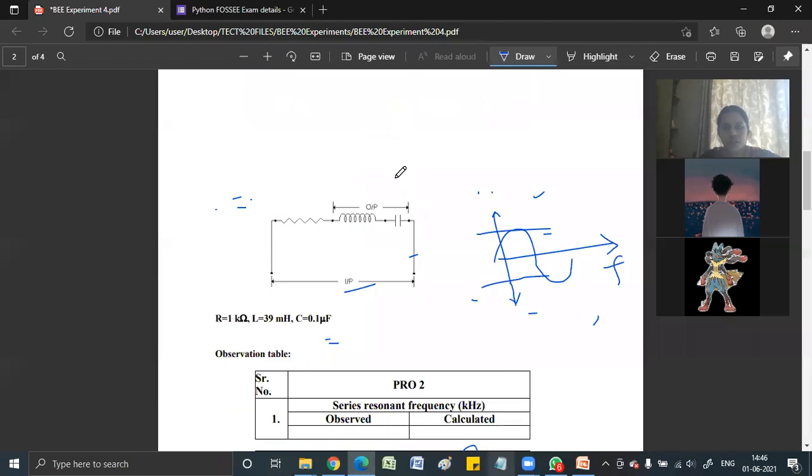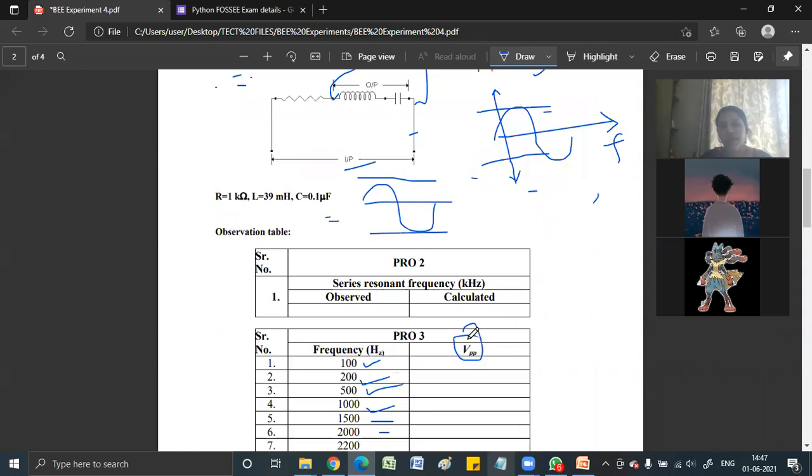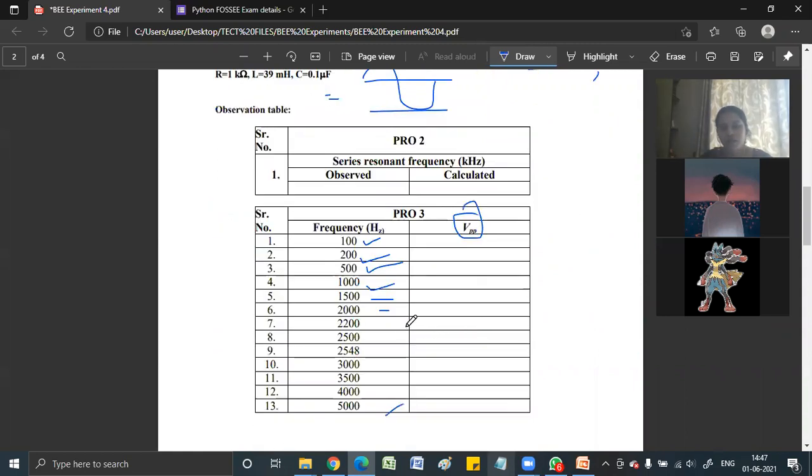So you're going to connect your DSO, that is your oscilloscope. Positive of that instrument will go over here and negative of the instrument will go over here. You're going to connect your oscilloscope across your LC, and in the output also you're going to see a sine wave, because your input is a sine wave, it's fluctuating. The voltage will also fluctuate. So on the oscilloscope you'll see this waveform, and you will be noting the peak to peak amplitude. This is what you should be able to see.